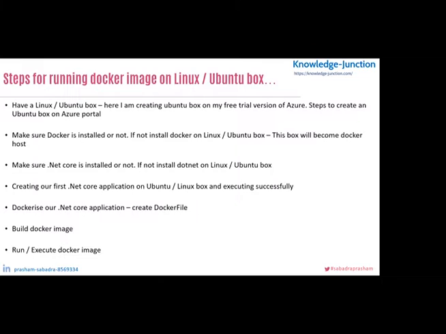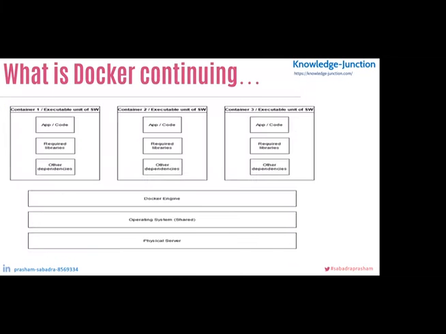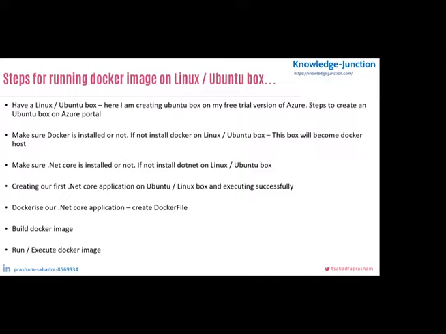So these are the concepts: what containers are and what Docker is. Again, repeating, a container is an isolated, separate software unit which executes in parallel and independently, without affecting other processes. It has advantages: containers are lightweight and small in size. Then we have Docker, which gives us the environment and the platform to create those container applications. So these are the concepts to understand. Now let's have the hands-on demo.